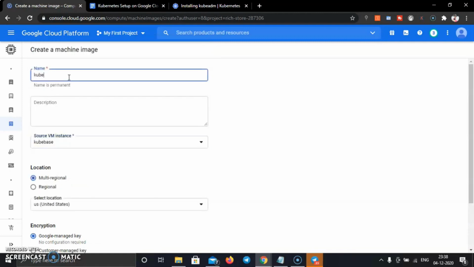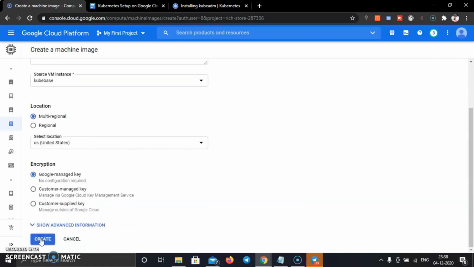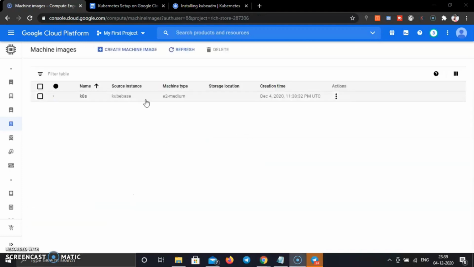So I'm going to give Kubernetes. Okay, and create. So this will create the machine image for me. This may take some time, so just refresh. Okay, and now the machine image has been created successfully and we can launch multiple instances from this machine image.